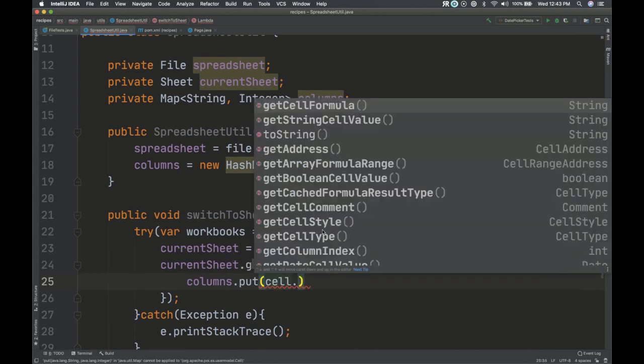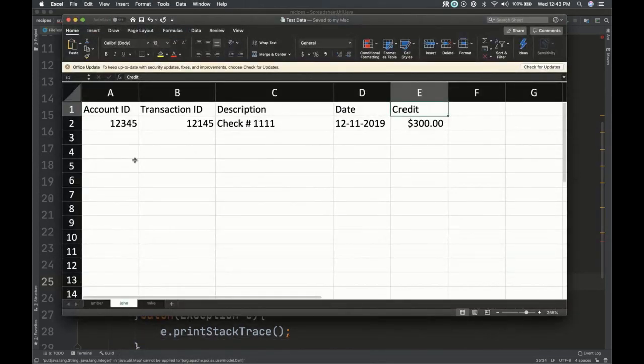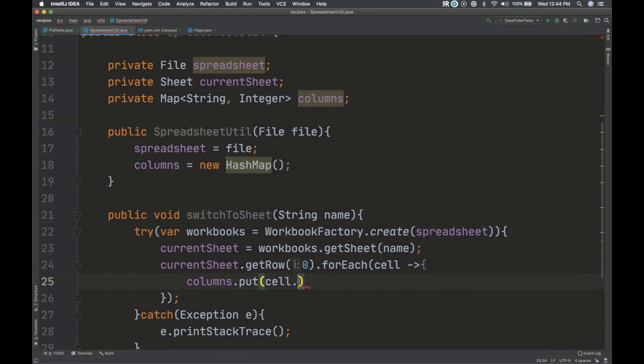Now, getting things from the spreadsheet, this part is a little bit tricky because you need to know the data type. Now, all of these are strings, so I know what to call, but you can't just say, give me the data out of the cell. You have to call the appropriate method. For example, this is a number, so we would have to call an integer number. Get the integer or numeric or something like that. That is annoying. I don't really like that, but we'll try to add some code to be sophisticated.